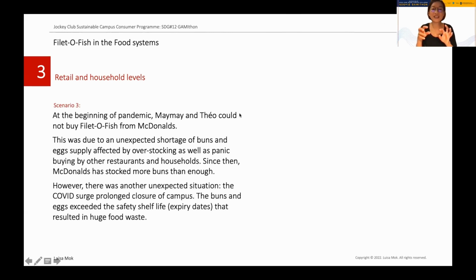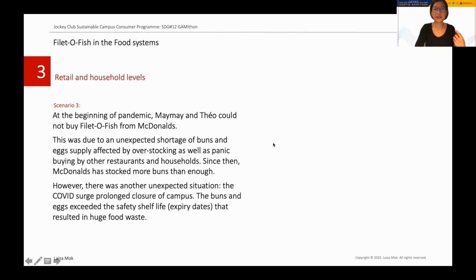Okay, so McDonald's is in shortage of buns and eggs because of others' panic buying or overstocking. However, McDonald's decided to stock more buns than enough. However, there was another unexpected situation. The COVID surge prolonged the closure of campus. The buns and eggs exceeded their shelf life because no students came to buy, which resulted in huge food